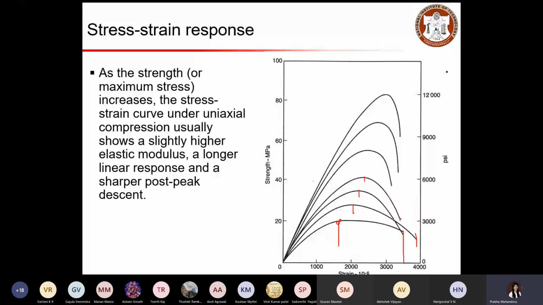Once the peak has been reached, the member immediately fails. So the area under the curve is very little for the highest strength concrete compared to the lower strength concrete. This is one aspect that we understand from this curve. Another point is the initial region. This is the change in the post-peak behavior, and you can also see the difference in the pre-peak region. In the pre-peak region, you can see for this low strength concrete,